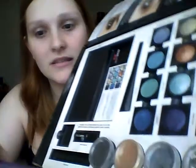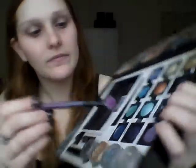Oh, dropping things. This Front Cover palette called A Billion Stars. It's quite battered because I've had it a while now, and I'm going to take this big fluffy brush. All my brushes are from a collection called She's a Rebel from the British store Wilkinson's. I don't know what the American alternative is, or other countries. I'm sorry, but all my brushes are really cheap, but they work, and that's all that matters to me. And I'm going to use this top violet colour here. I'm just going to put a tiny bit on here, I don't want too much,